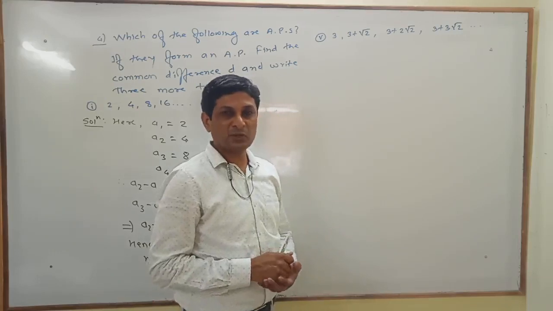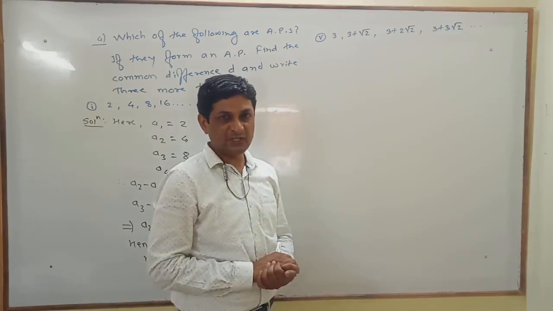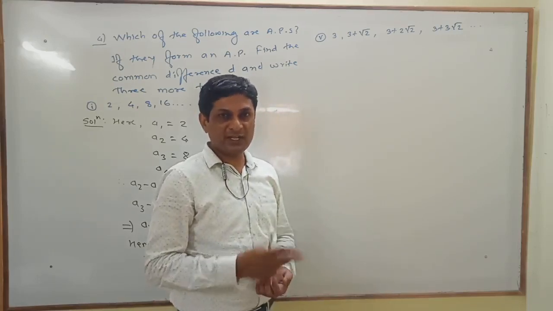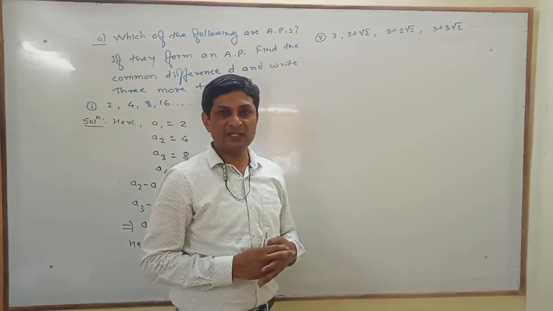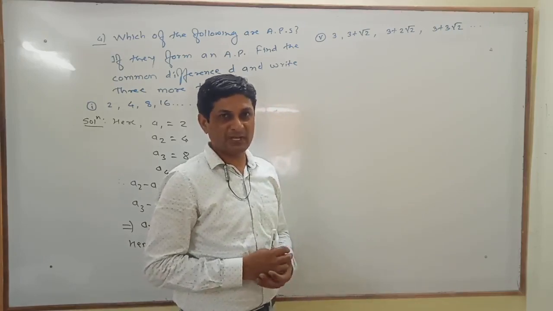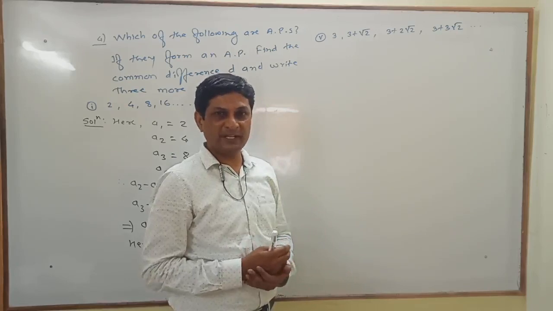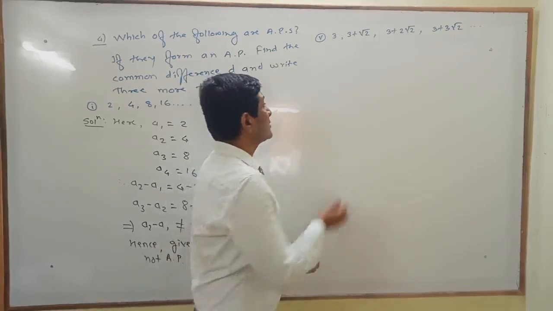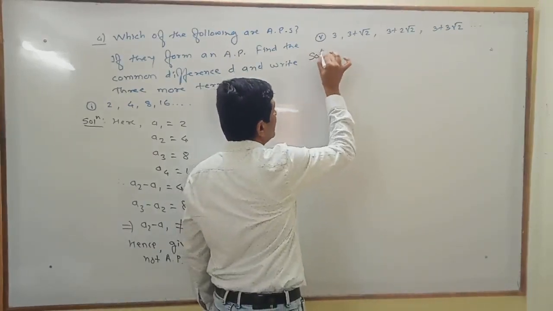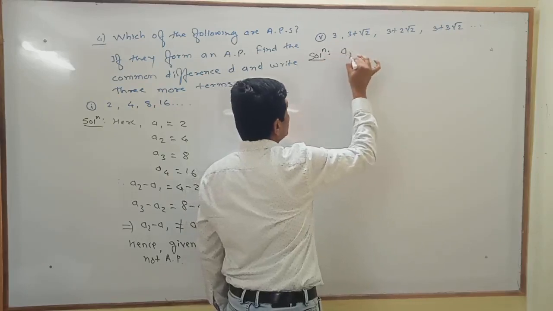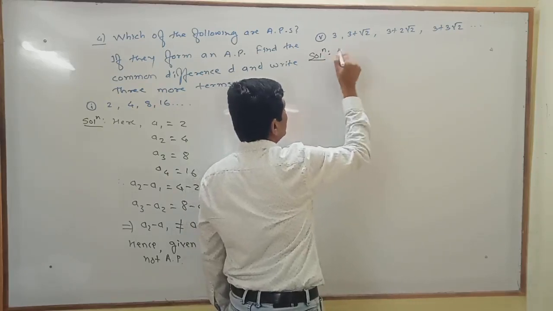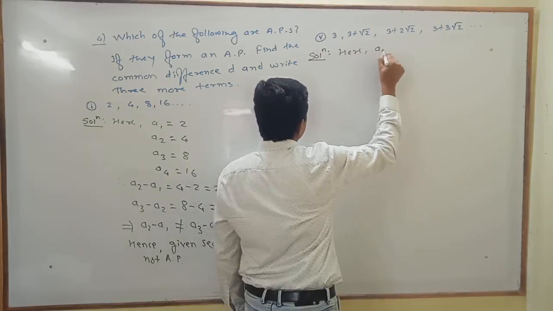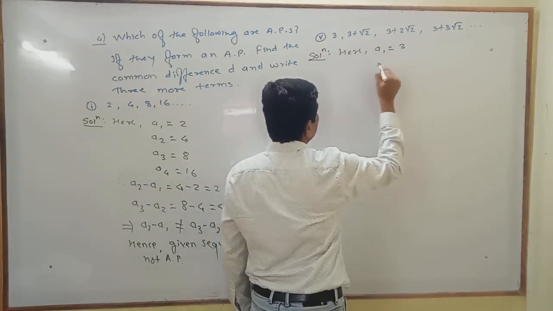Now let us try to solve example number 5. Already in this question a total of 15 examples are given to us. We are solving 3 examples, and all the remaining examples can be solved using the same method. So I will leave these remaining examples as practice for you. So observe example number 5. In this example the first term, so here A1 is equal to the first term. Let us denote the first term by A1, which is equal to 3.